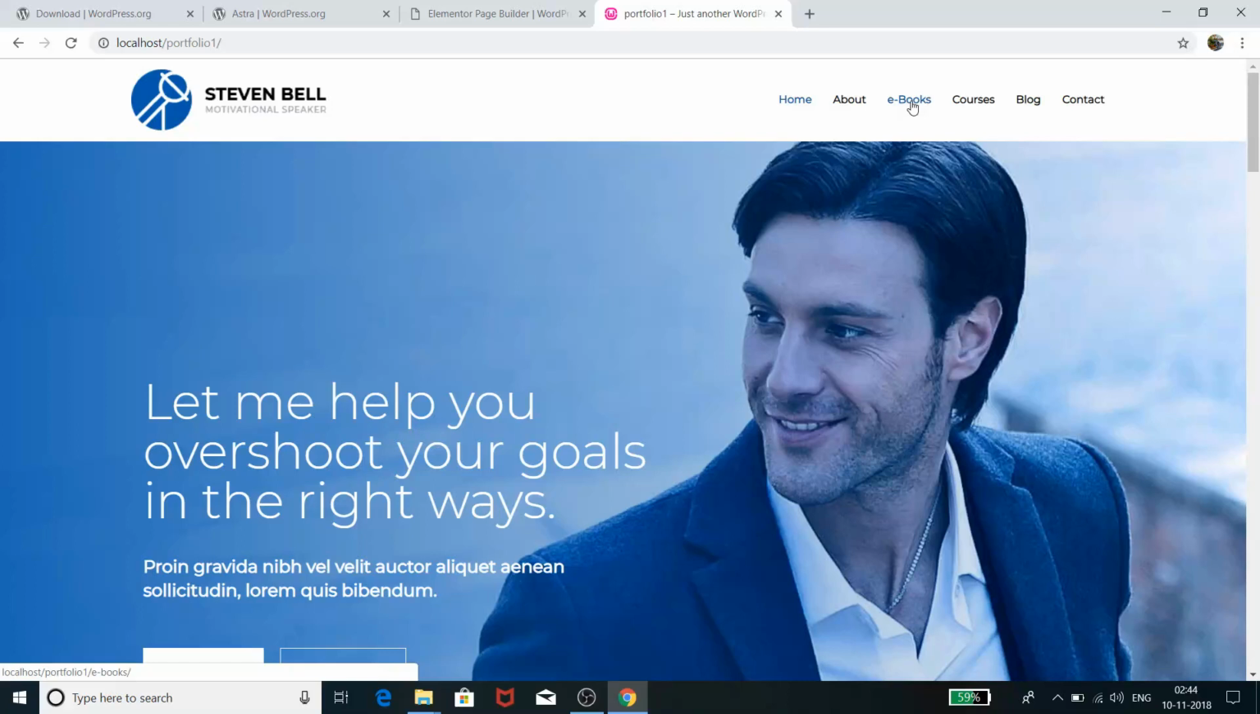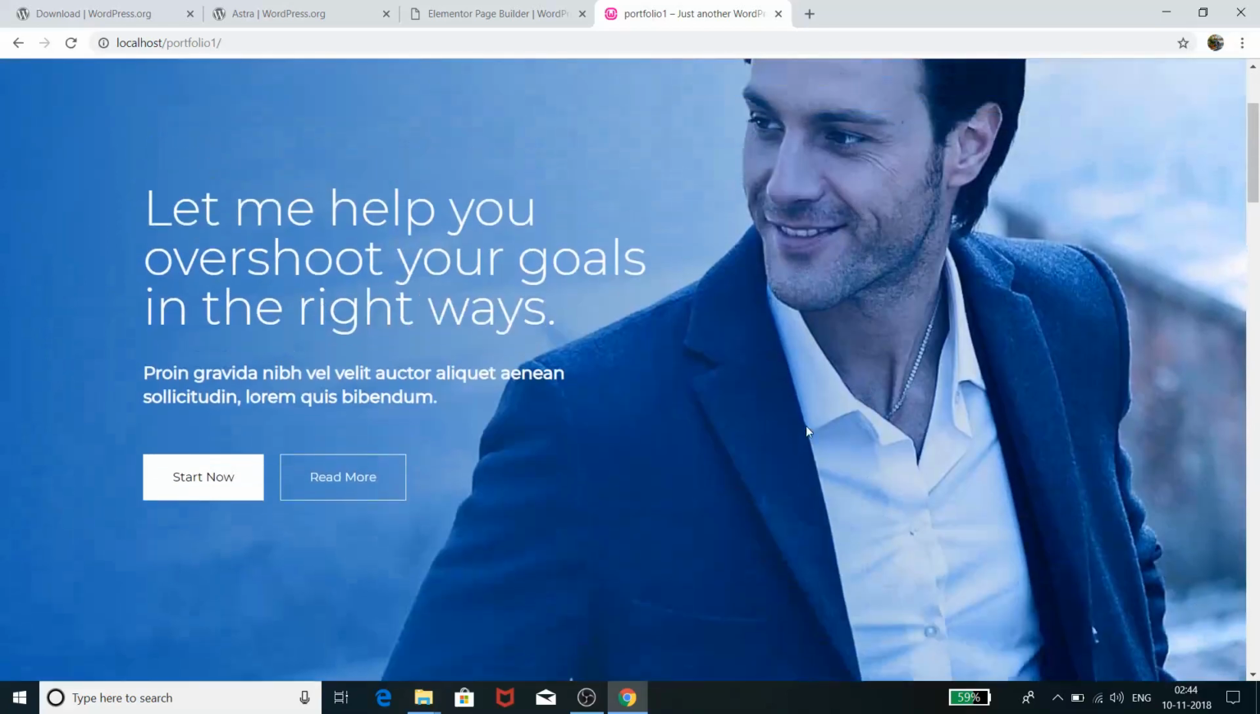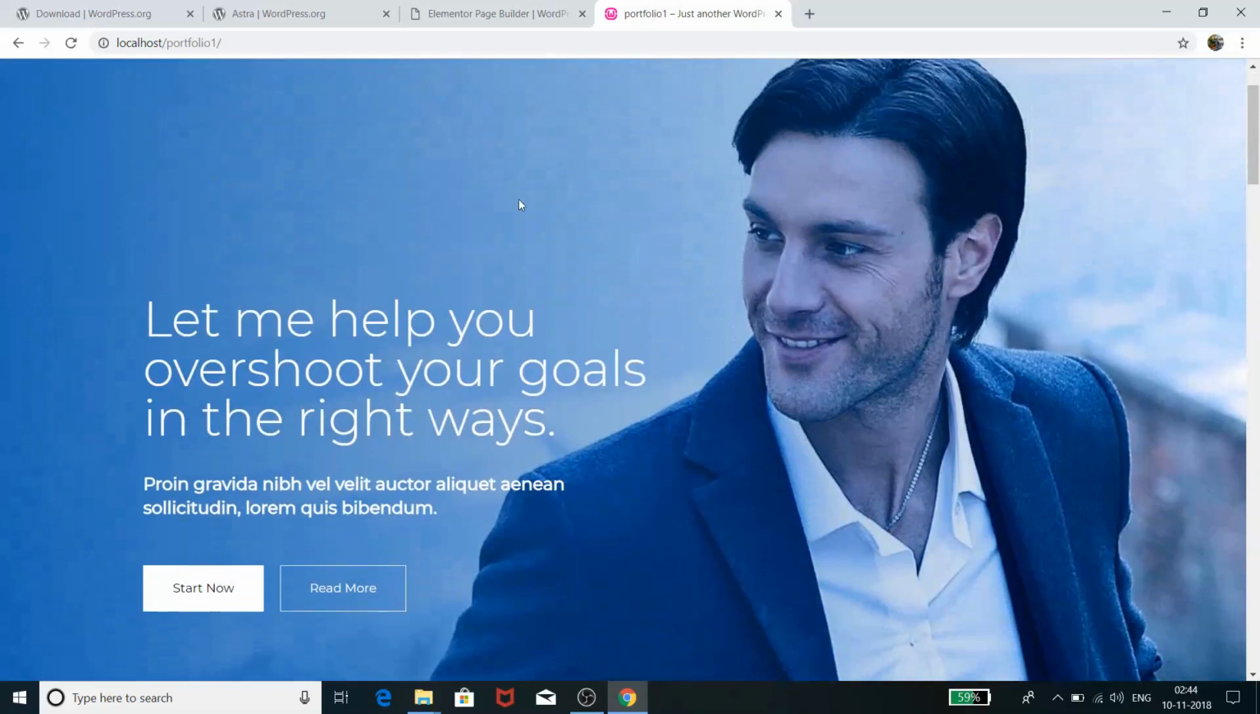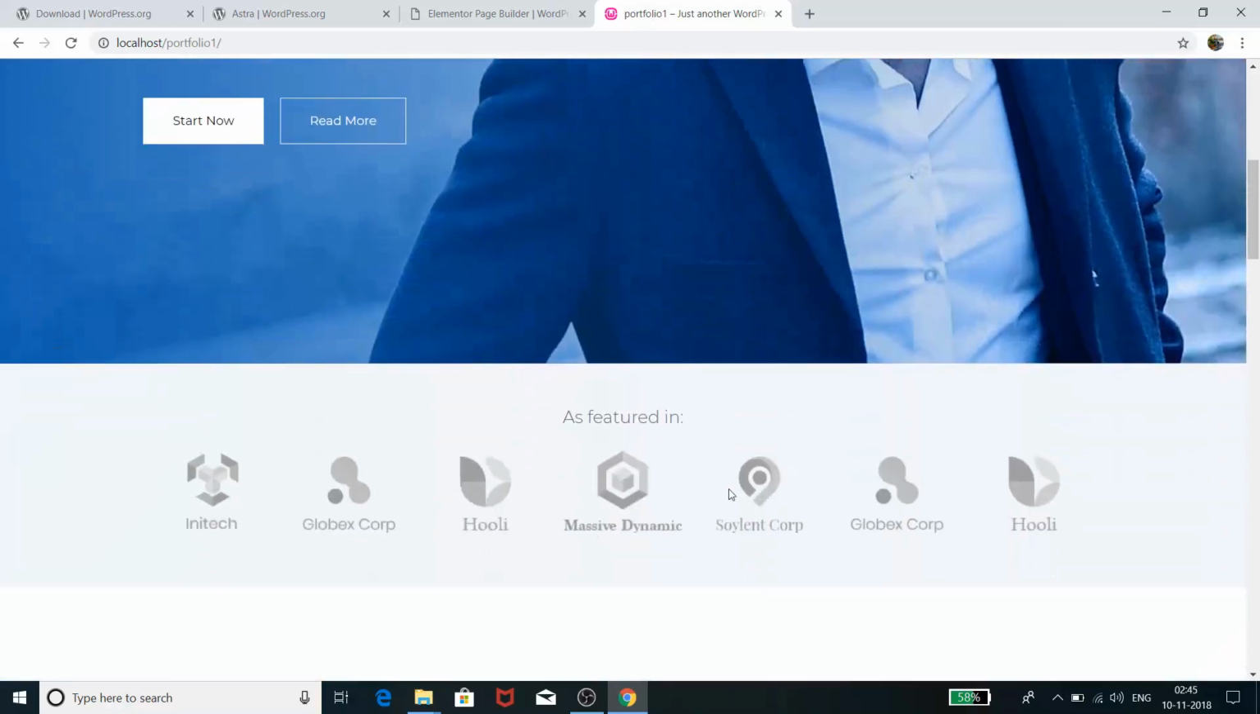It will have an ebook. If you have some ebook or details like that, it will be downloadable from there. It will have courses, a blog, and a contact us page. Basically, on the front page, there is a nice photograph of the person whose portfolio we are creating. Here there is a heading and a text section with two call to action buttons, and then